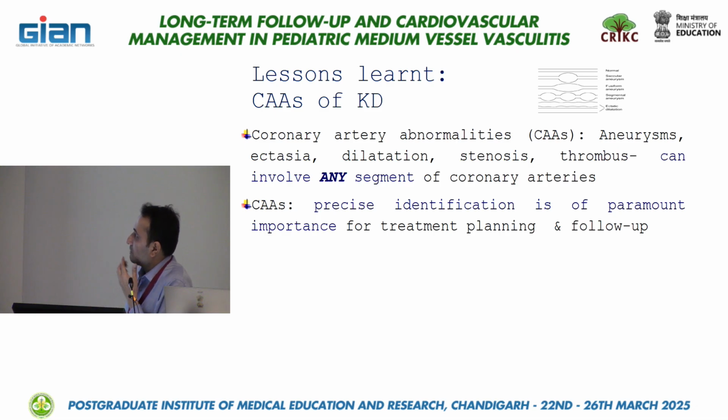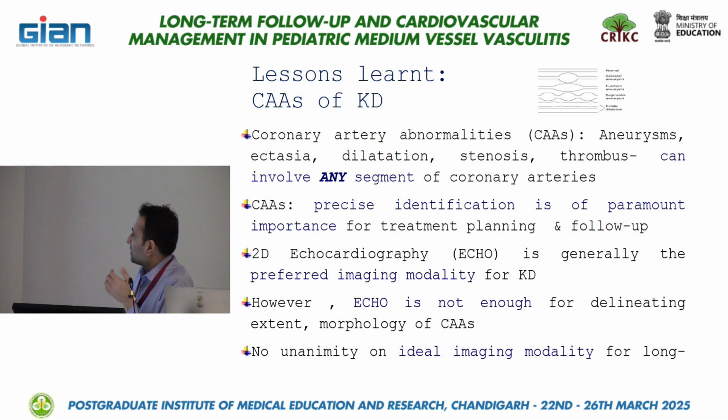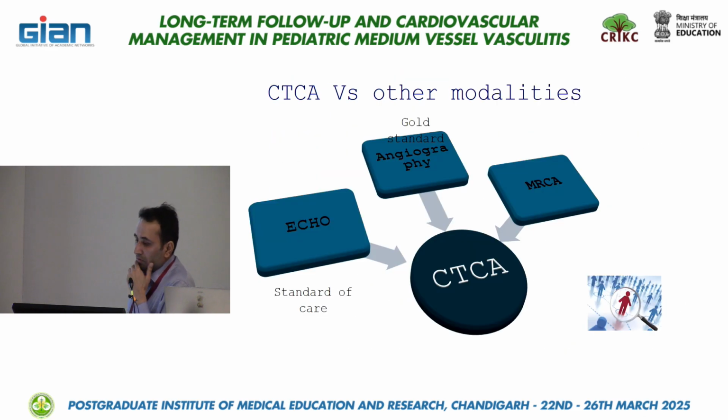It can involve any segment of the coronary artery, although it's more proximal, distal segments are also involved. And precise identification is the most important part, because that will guide treatment stratification, severity assessment and prognostication also. Echo is no doubt generally the preferred imaging, but echo is not enough, as I have shown you, and there is no unanimity on the ideal imaging modality for long-term follow-up. That is a problem. So what we have in our imaging armamentarium is echo, conventional cath angiography,